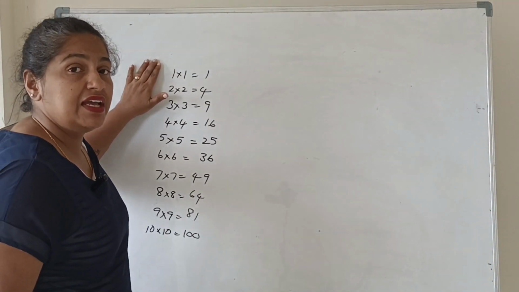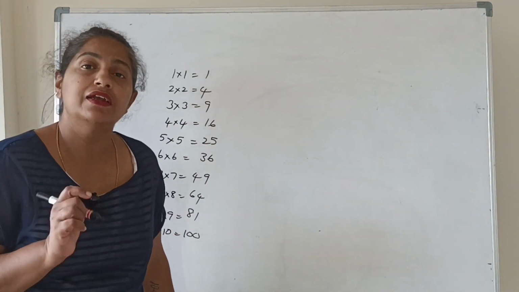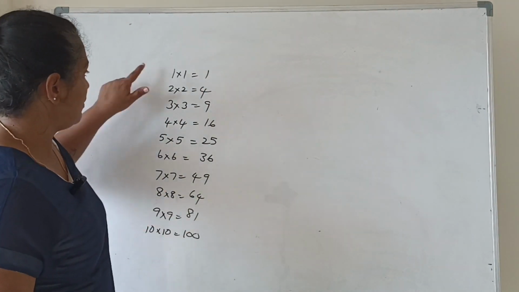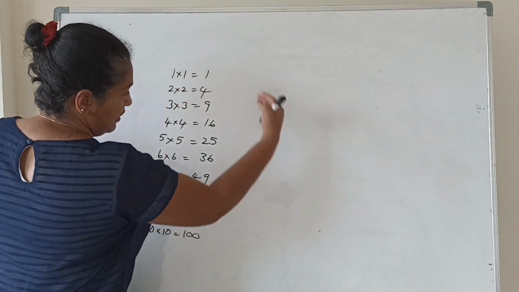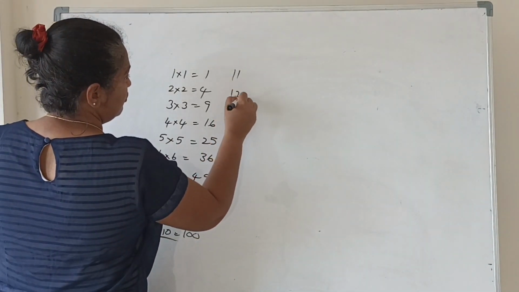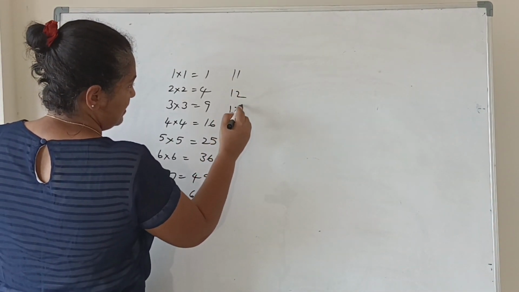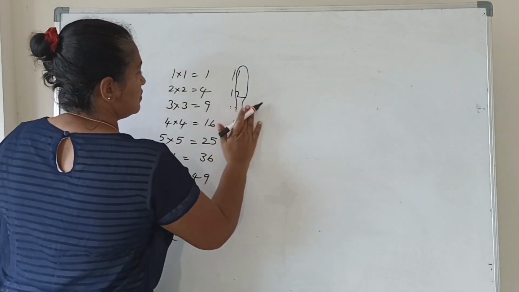Here you can see that I have written the squares of the first 10 natural numbers. Okay, starting from 1 up to 10, I have written the squares. So, if I am going above 10, I will get 11, 12, 13, etc. But you can see that the last digit remains the same. Okay, now,